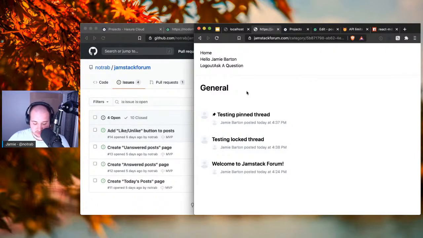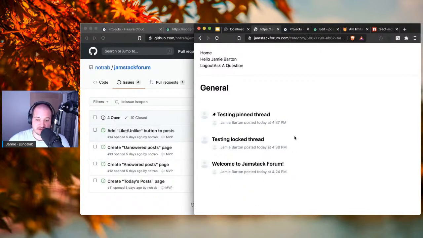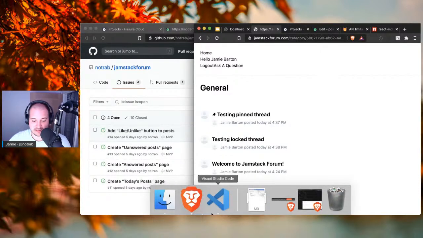revalidate the content. If I refresh here, you'll see there's a brief flash of the content that we had previously, and that is the statically built page. And then what's updating now is SWR making that fresh request, and then updating the contents. Obviously, that's not great. So what we need to do is